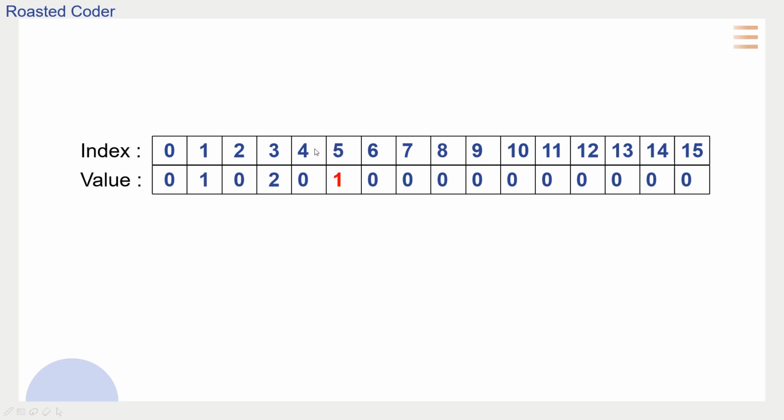We can do this for n equals 15. So for 7 it will be 3, since half of 7 is 3 and the value at 3 is 2. For 9 it will be 1, since half of 9 is 4 and the value at 4 is 0. And for 11 it will be 2, since half of 11 is 5 and its value is 1.